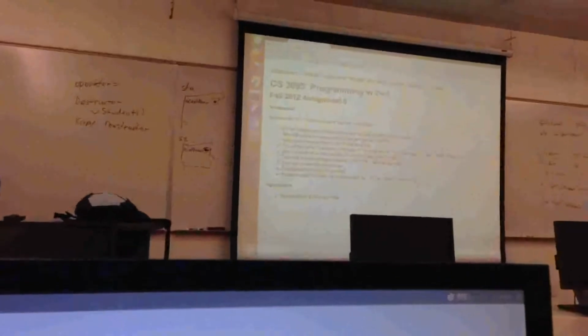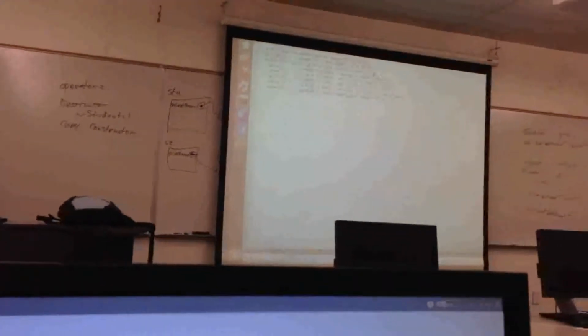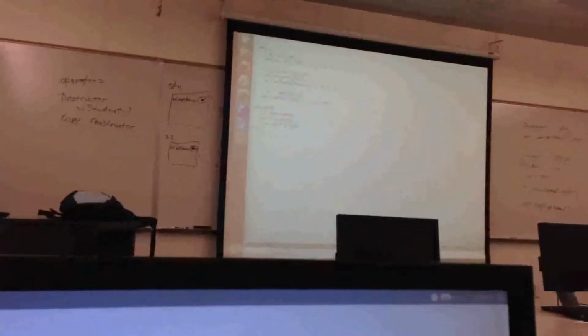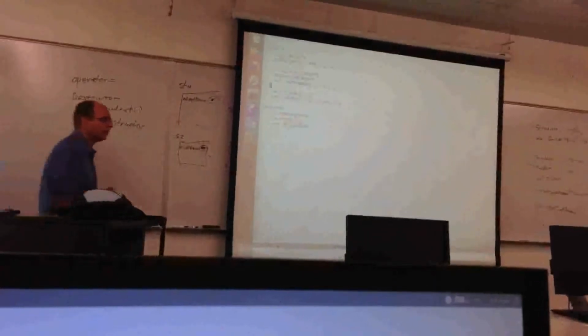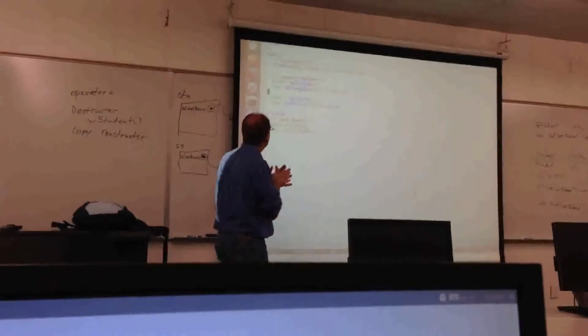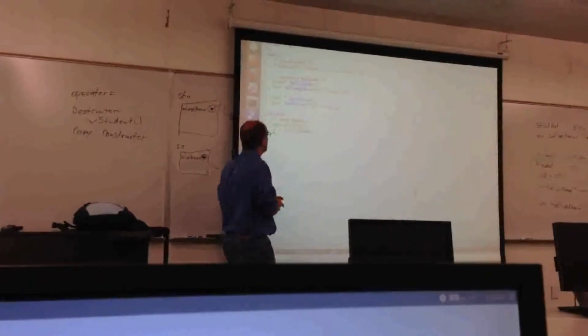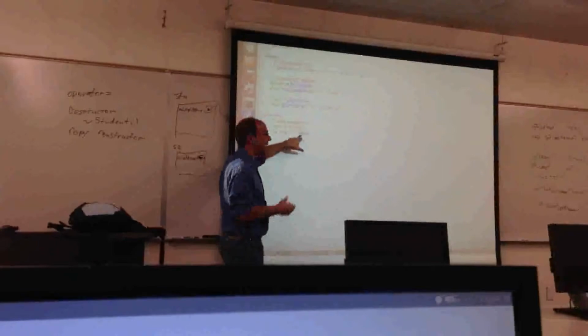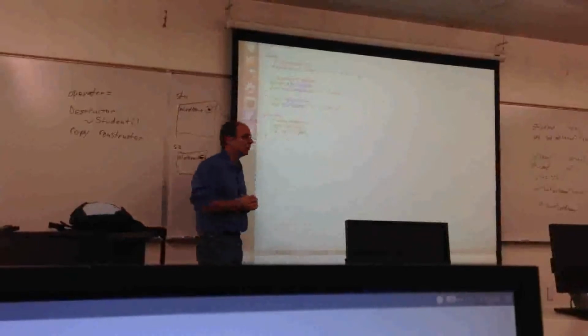Okay, so let's remember last time we met we had this track object, this track type, to keep track of a track of music. We're going to modify it so that title, rather than being a fixed length, will be a dynamically sized